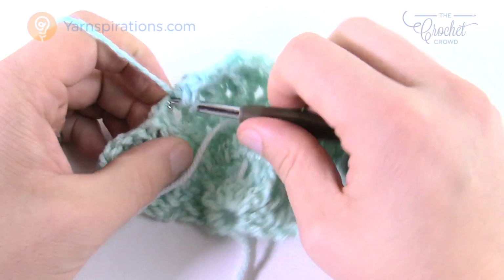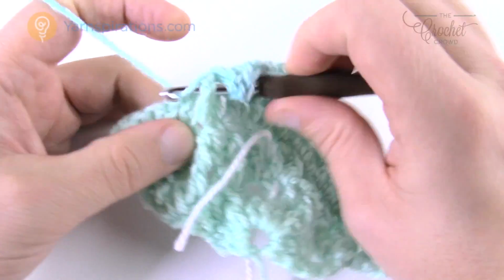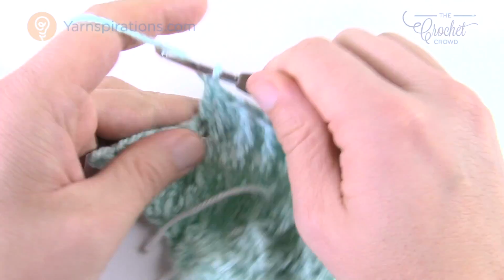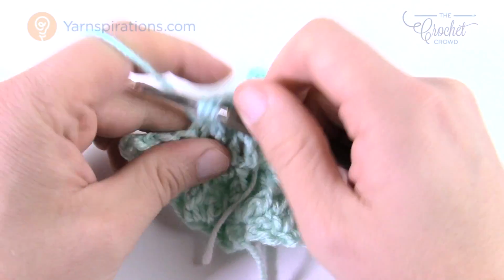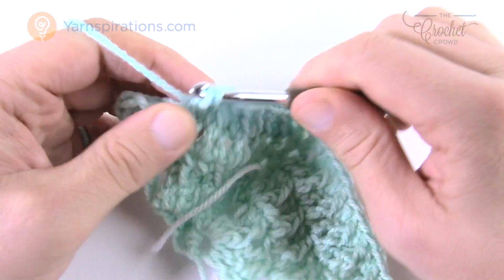So I'm just alternating as I hit the other side. Row number 4, which I'm working on right now, is going to be the final row when you get to the size that you prefer. And of course she has recommended sizes. It's a very generous shawl to keep you nice and warm in the cooler temperatures. It's great for wearing outside and so on. So I'm just alternating back and forth